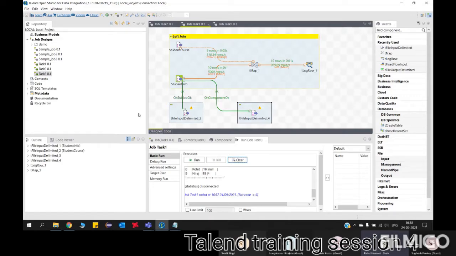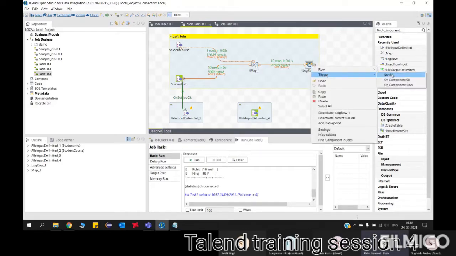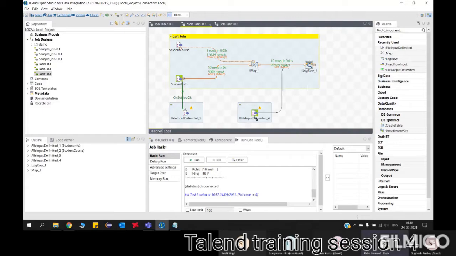Delete the On Component OK link, and take that link from some other component. Go to tLogRow, right click, On Component OK, and put it on this component. Now just notice which one executes first. By rule, your On Component OK will run first, and then only your On Subjob OK will run. Yeah, run it.